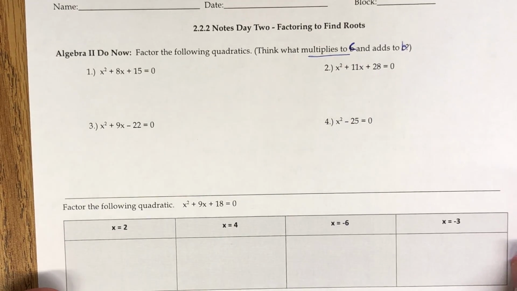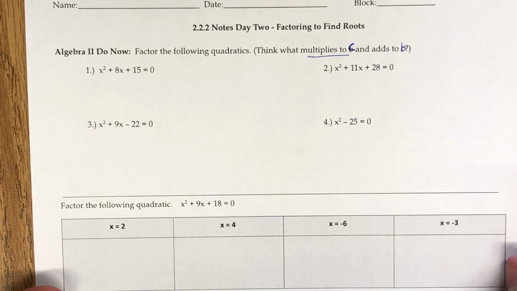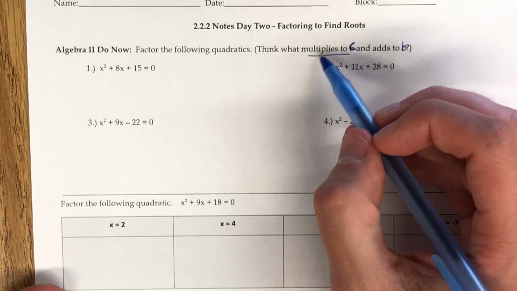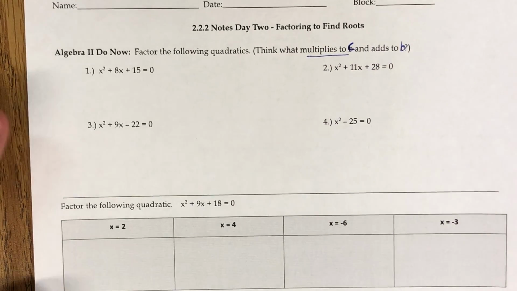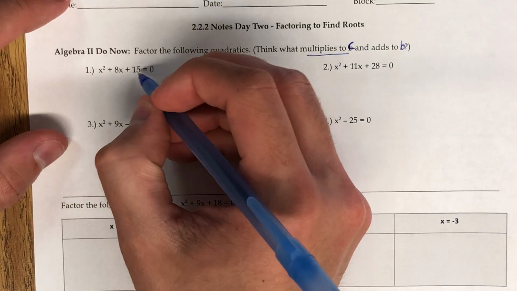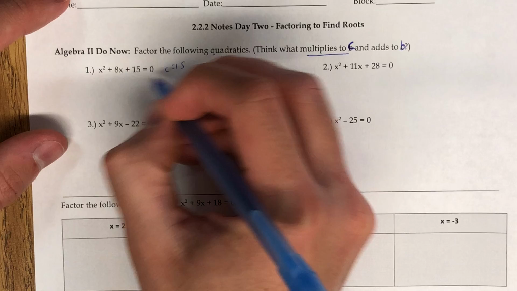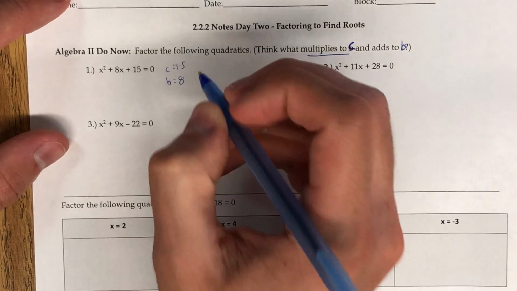All right, what I'd like you to do here is factor these quadratics. So think about numbers that multiply to c and add to b. Pause it, give it a try. Okay, we're back. Here, our c value is 15, our b value would be 8, so the numbers that multiply